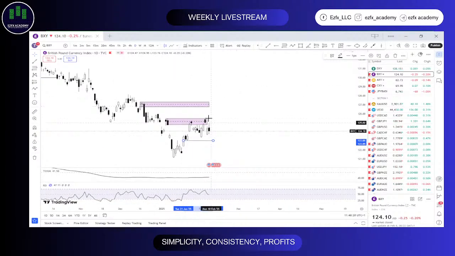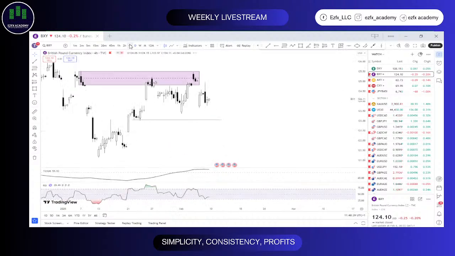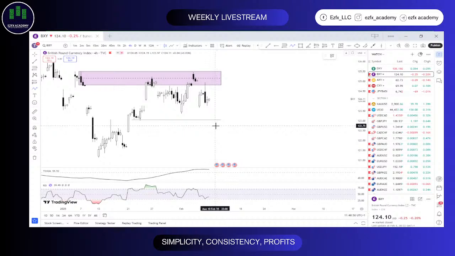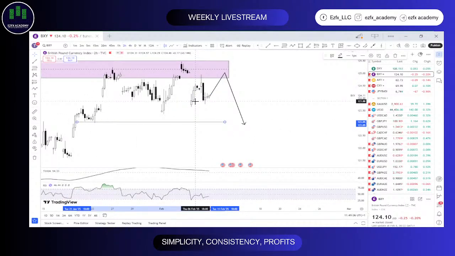All right, again, you can see that we have this sort of range around here. Something like this around here right now. So, let's see. I still believe we should see this tank. We should see BXY tank. I still believe we should see it drop a little bit towards that end. I think we'll see. Because again, this is just liquidity resting towards the downside that price hasn't even neared yet.